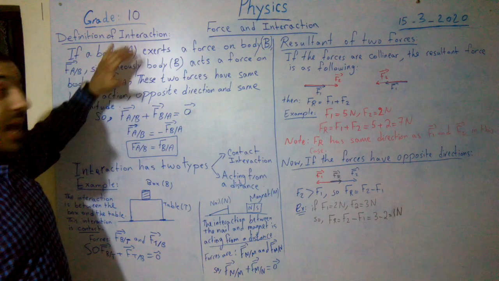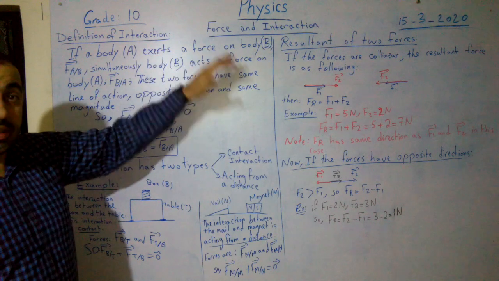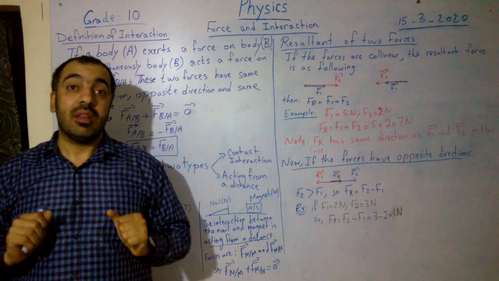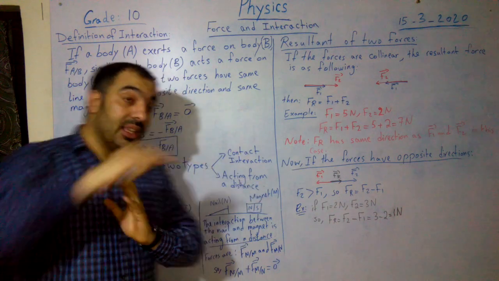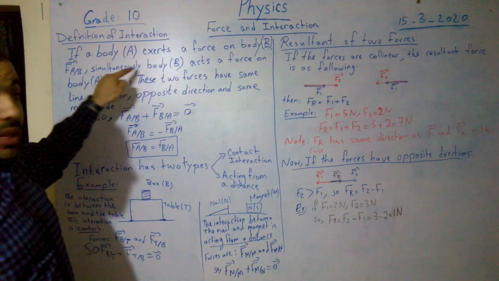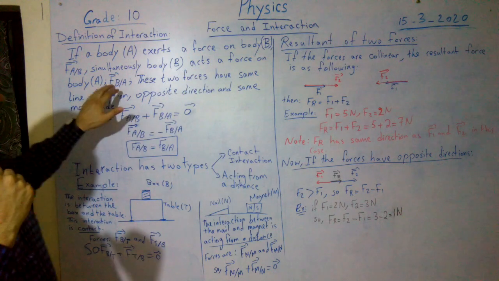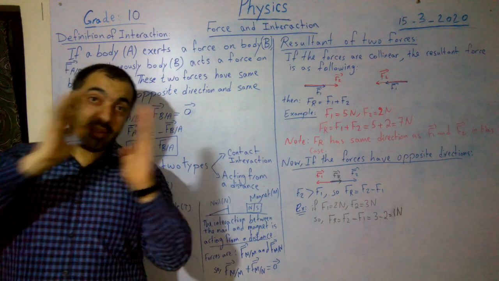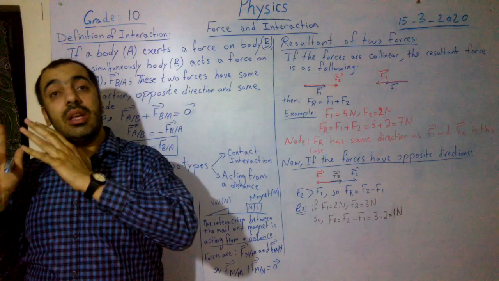Definition of interaction. If a body A exerts a force on body B, we have two bodies, body A and body B. If a body A exerts a force on body B, this force is F of A on B. Simultaneously, body B exerts a force on body A, F of B on A. If a body A exerts a force on body B, simultaneously body B exerts a force on body A